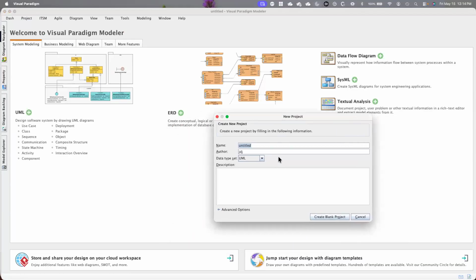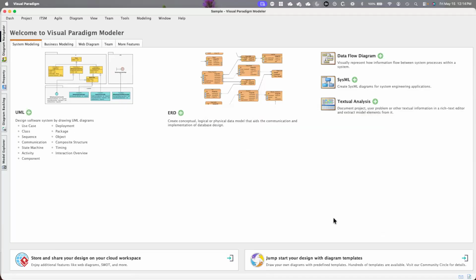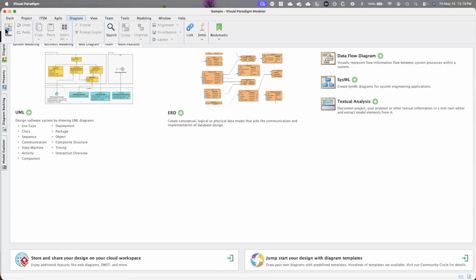And so I'll just say sample. So this will be very generic, and I'm going to use the UML option. SysML is actually a subset, and then it's created some extensions to UML. So I'm just going to create a blank project. And so now that I have that going, what I'm going to do is create a new